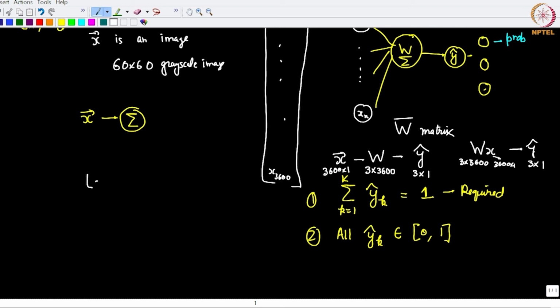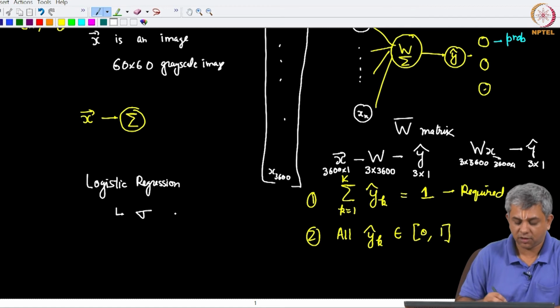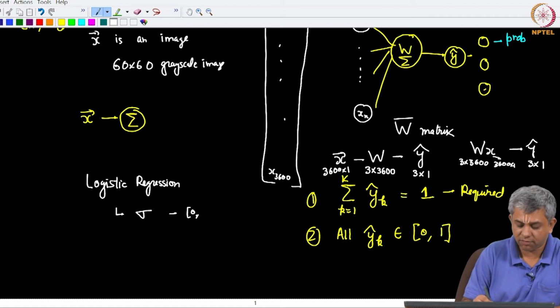In logistic regression we used a simple squeezing function. The squeezing function was sigmoid and sigmoid gave us between 0 and 1.